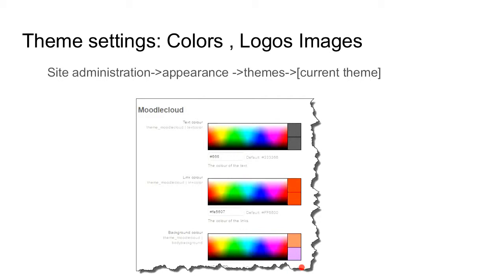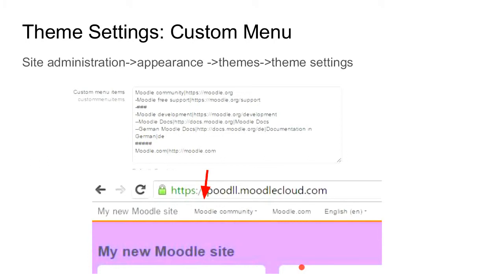For the most part, they all have color settings and custom CSS settings, and they have other settings too, depending on the theme. You'll notice, for example, Essential has a whole list of settings pages devoted to different aspects of settings, whereas the Moodle Cloud theme just has a single page. One of the settings, not so much on the specific theme, but on the theme settings page in general,